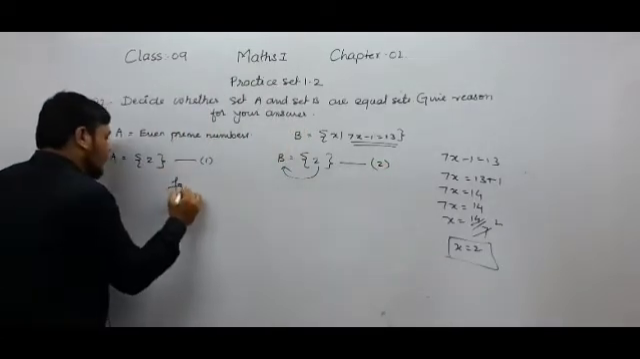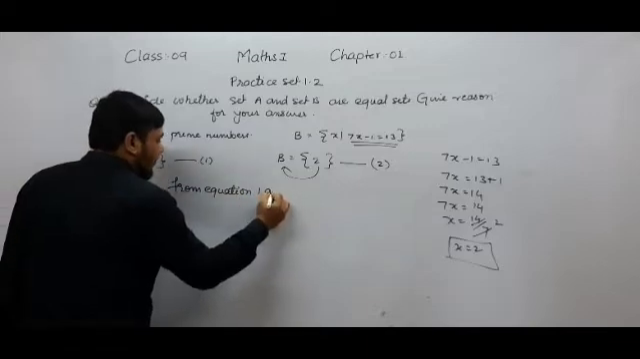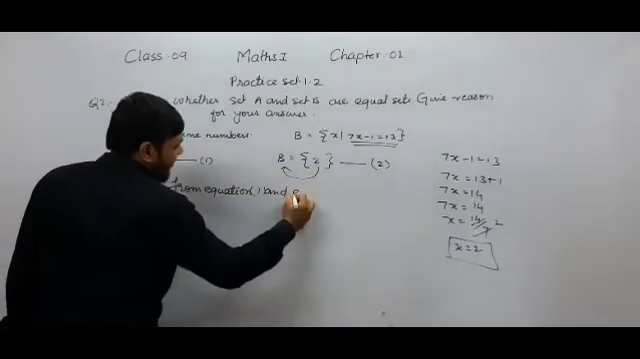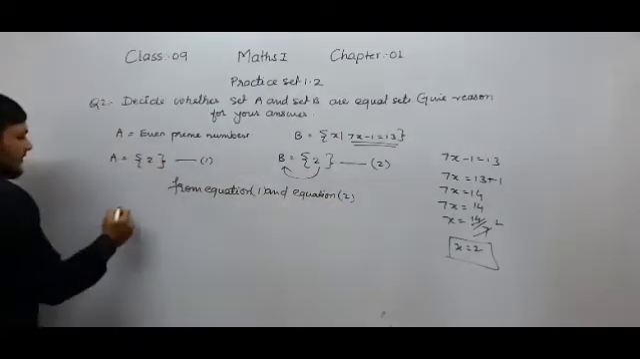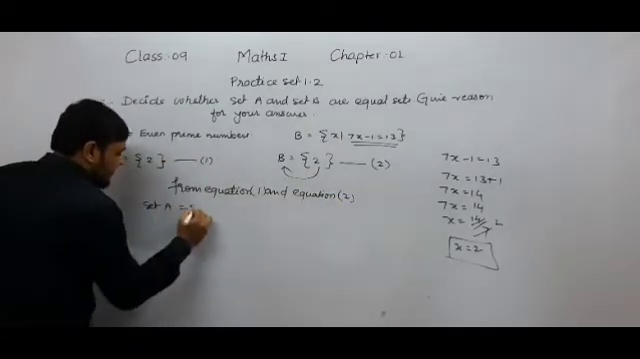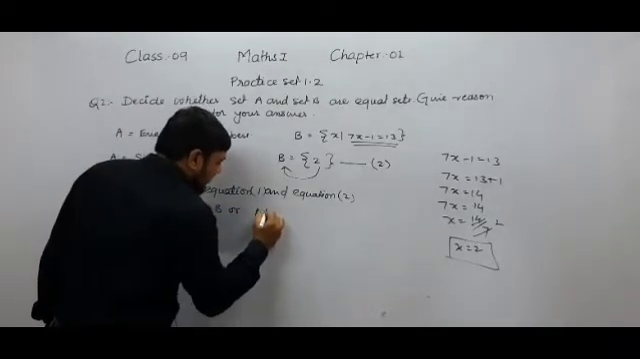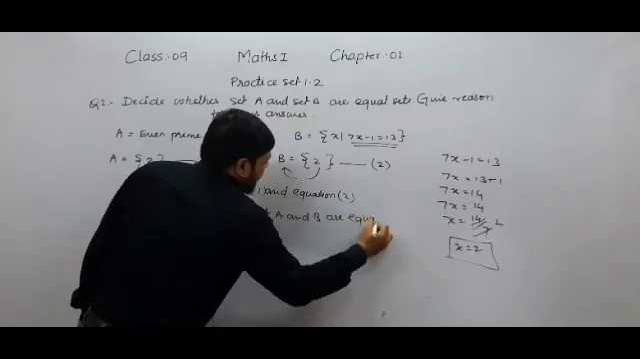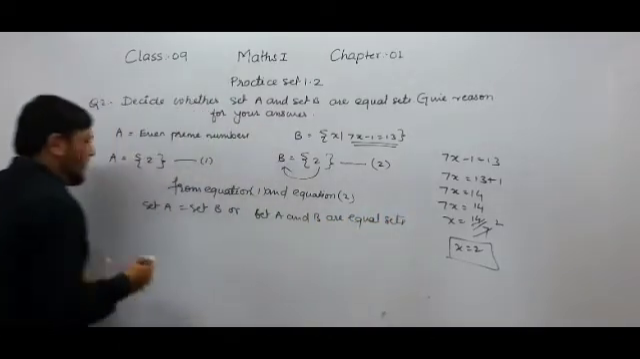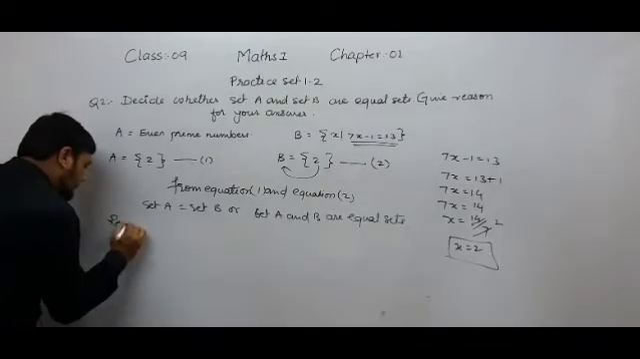So we can say that from equation 1 and equation 2 we can see that set A is equal to set B, or we can say that set A and B are equal sets. Set A and B are equal sets, and you have to give the reason now. So reason: